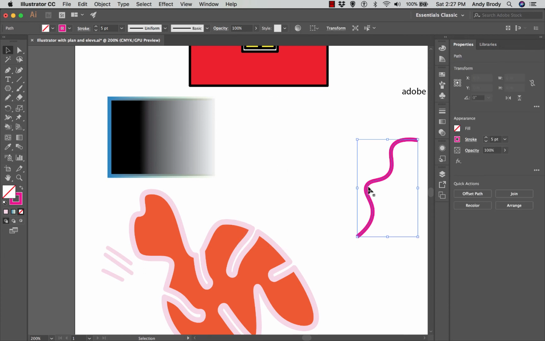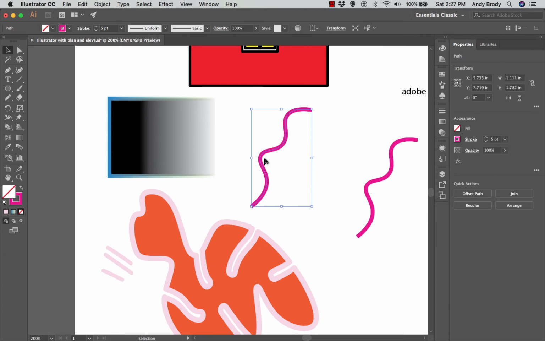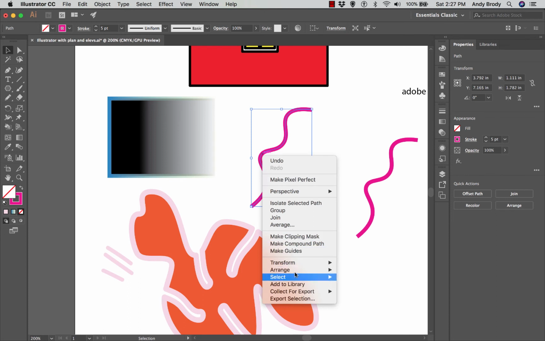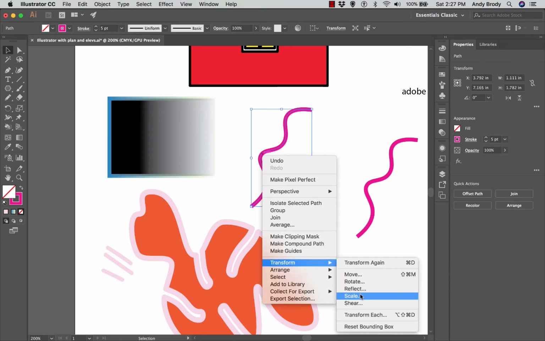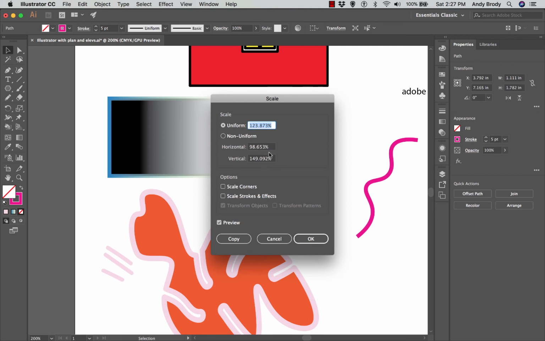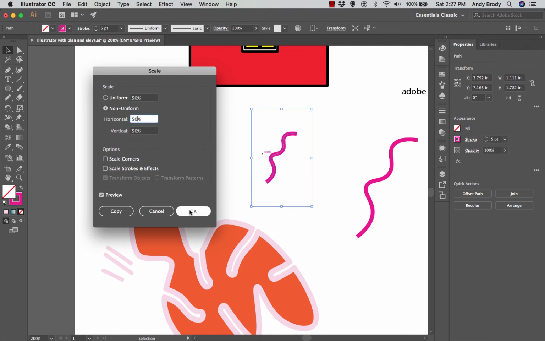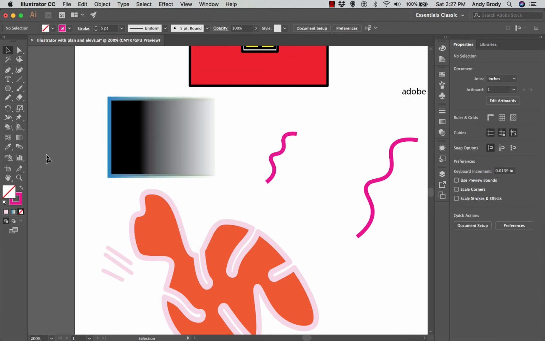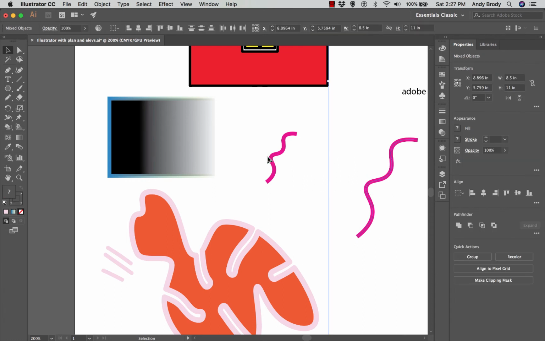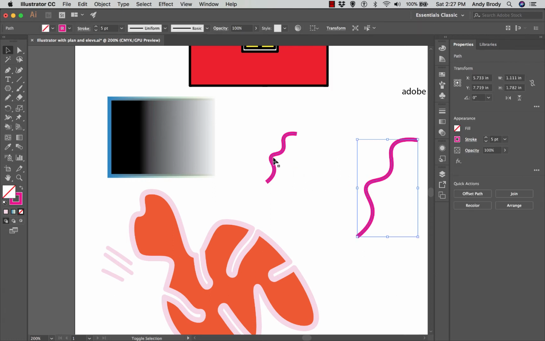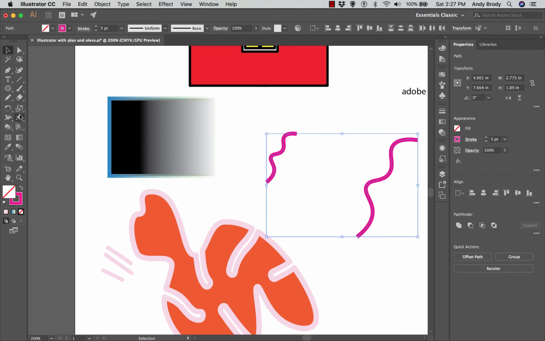Here, I'll make a copy of this guy again, and I'll use my scale tool, transform, scale, and I'll make it a little smaller, maybe 50%. Okay, and if we have the preview option, it'll be visible. And I'll show you one last tool which is awfully fun for editing, which is what's called the blend tool. And you can select a couple of objects. Oops, I'll just hold down Shift to select these two objects. And when you click the blend tool,